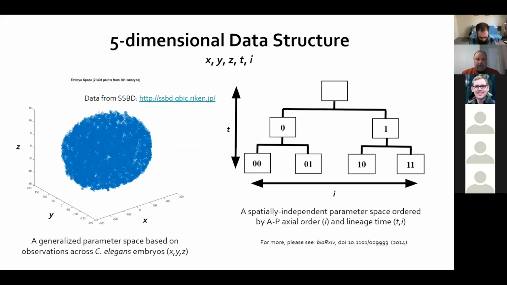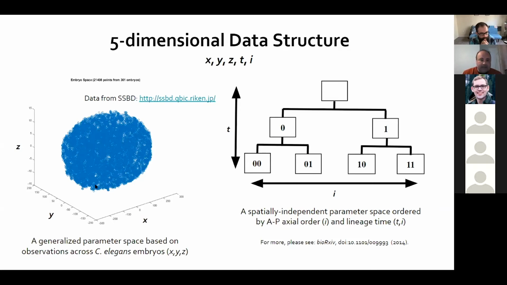What we've done now in our group is we've come up with this 5-dimensional data structure. So in this case, this on the left is a point cloud where you take a cell, you segment, and you find centroids in a 3-dimensional space. So this is the product of cell tracking. And so we rely on this database out of Riken, which is a systems biology oriented database where they have a lot of shared data sets, and they've processed them and put them in standardized formats. And so we've been able to work with these data a lot of the time.